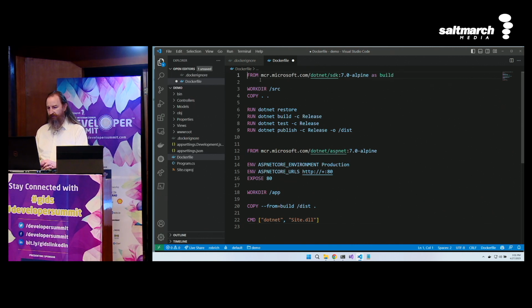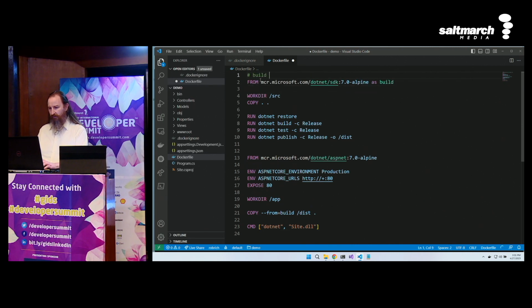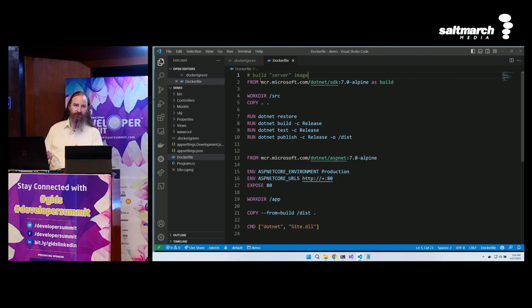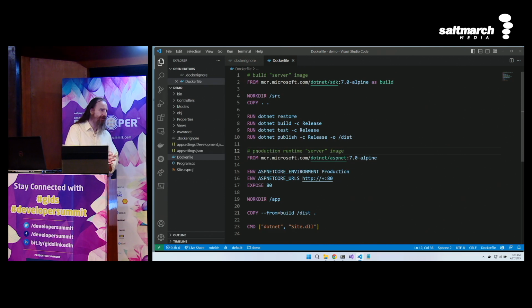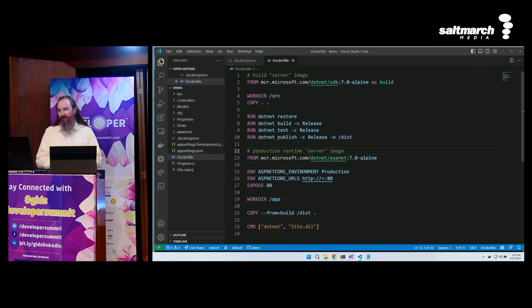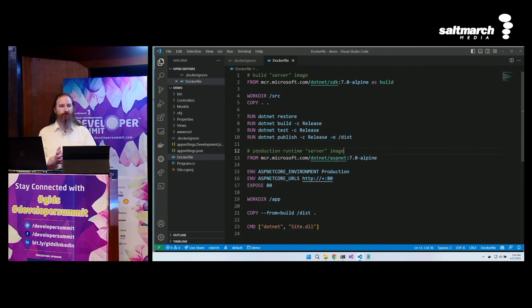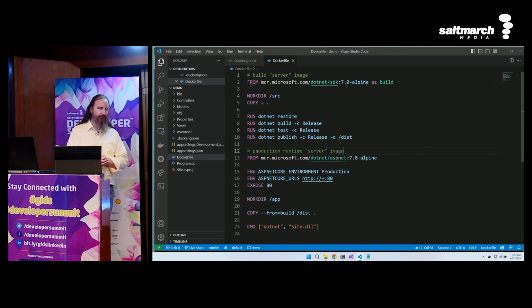So we have one stage, and let's name this one our build server image. It's not actually a server, it's an image, but we can think of it as the build server. And this one is our production runtime server image. GitHub Copilot noticed I typed that before. Cool. So now we have two stages in our Dockerfile, and we've better utilized that best practice.